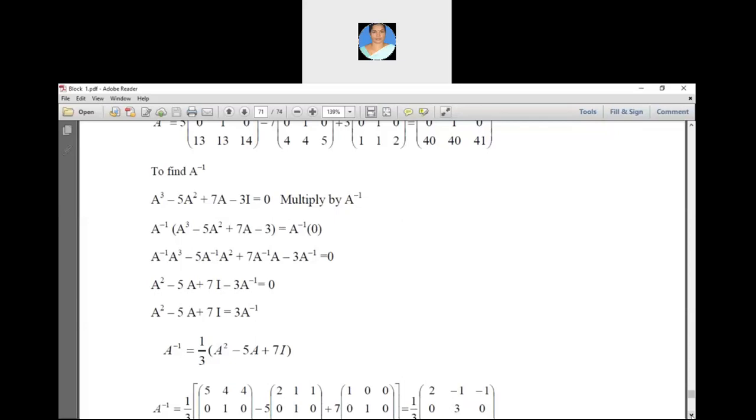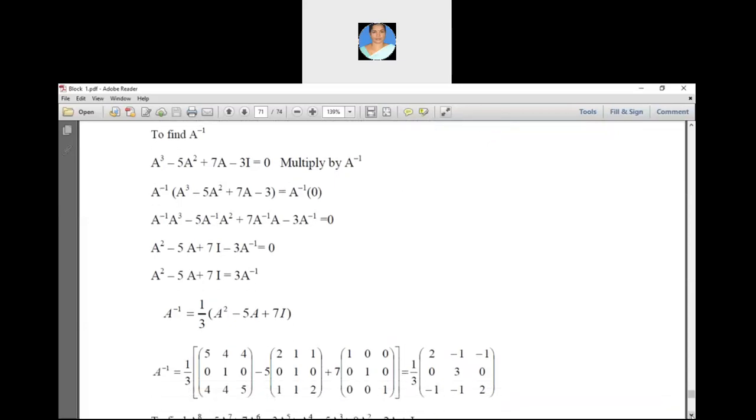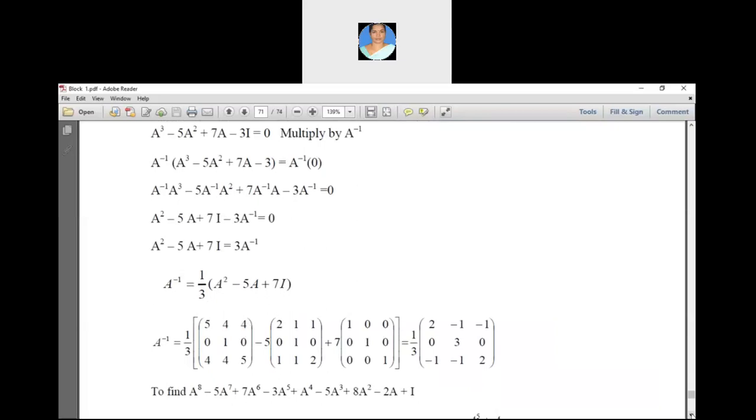Now you simplify these equations. A square minus 5A plus 7I minus 3A power of minus 1 equal to 0. Then A square minus 5A plus 7I equal to 3A power of minus 1. Then A power of minus 1 equal to 1 by 3 (A square minus 5A plus 7I). Already we know the A square matrix, the A matrix and the identity matrix. You substitute in this equation, we simplify, and we get the final result: 1 by 3, 2, minus 1, minus 1, 0, 3, 0, minus 1, minus 1, 2. Okay, the next one,